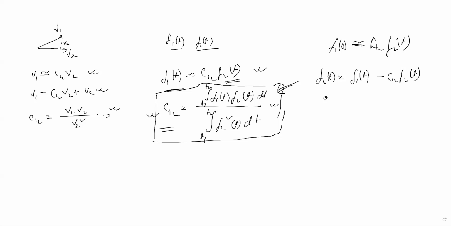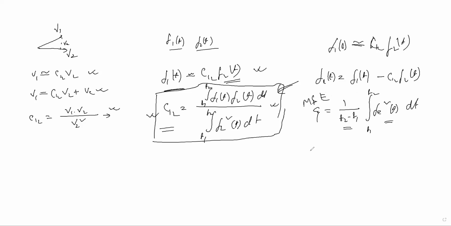After that, we take the mean square error. If we represent mean square error by epsilon, then it is given by 1 over (T2 minus T1) times the integration from T1 to T2 of fe square (t) dt. The name is mean square error: the square comes from here and the mean comes from this term. So this error is called the mean square error.